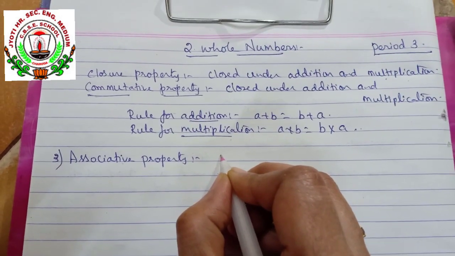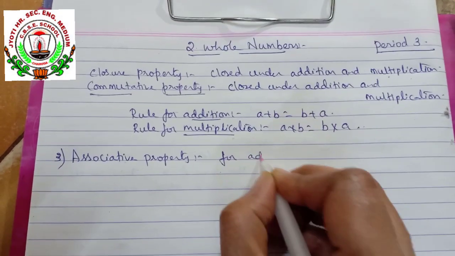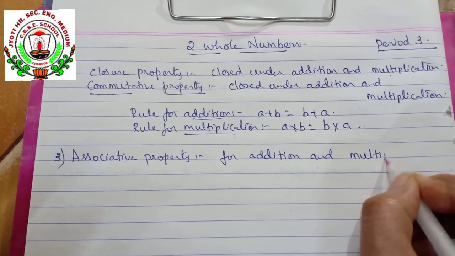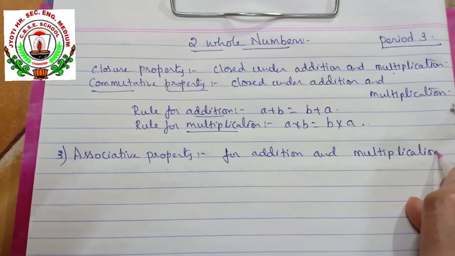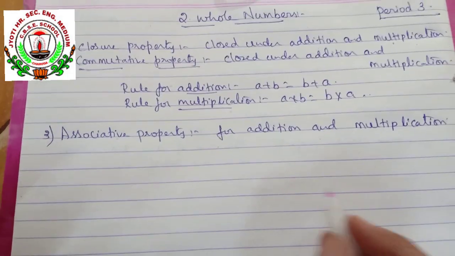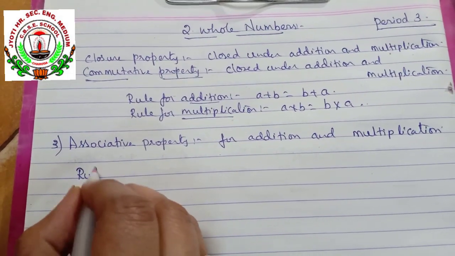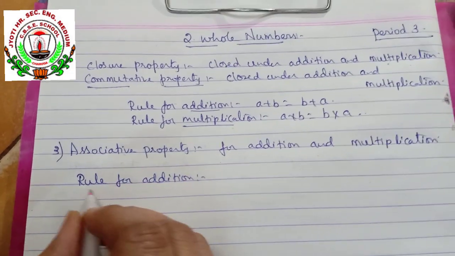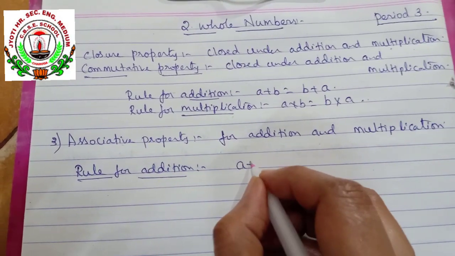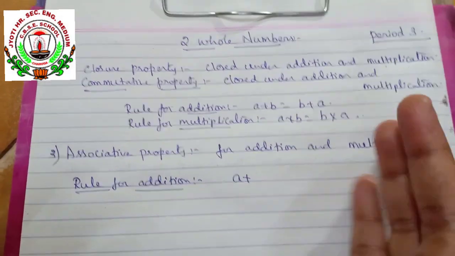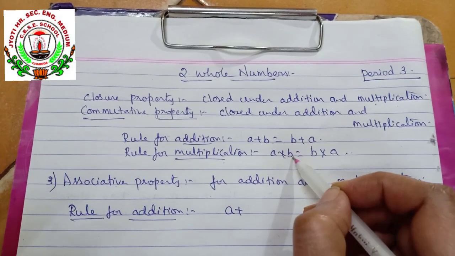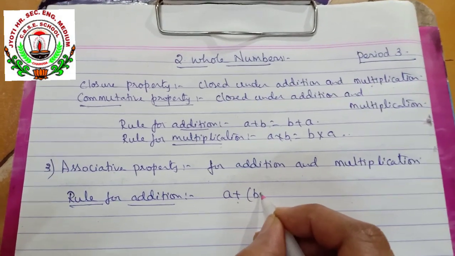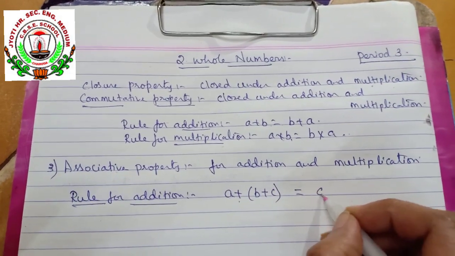It is also for addition and multiplication. Associative property is also for addition and multiplication. I am going to give you the general rule for addition. In this we are going to take three numbers. Till now we have taken only two numbers. Now we are going to take three numbers, that is a plus b plus c is equal to a plus